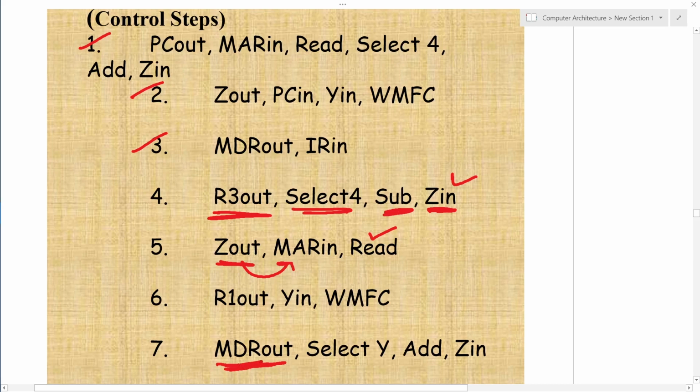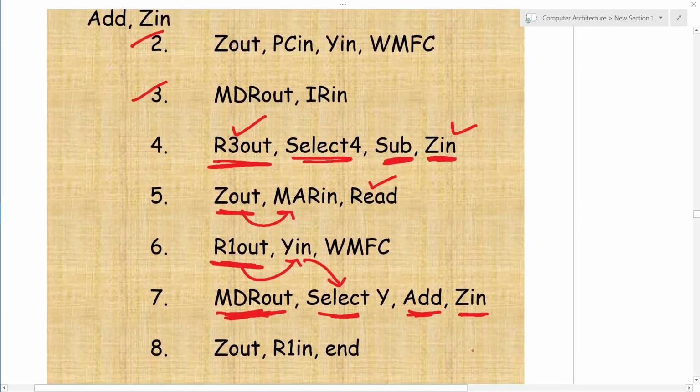Ultimately, after the decrement operation, that location will be available to MAR and that location's content will be available to MDR, and by that time register R1 will be out and available at Y in, and that Y will be selected in this step. So MDR out, which holds the value from the location of R3 after decrement, and the Y value, which represents the value of R1, will be added by the ALU, and the result will be available at Z. Once the result is available at Z, it will be returned to the destination register as per the instruction.